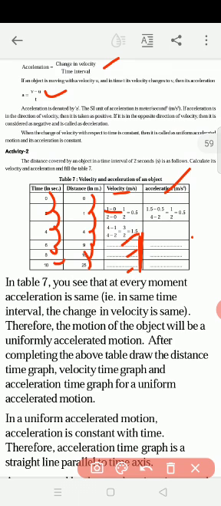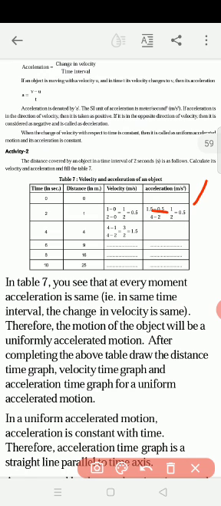So how do we find the acceleration? The change in velocity is called acceleration, no? So final velocity and initial velocity, v minus u. So here we can say final velocity is 1.5. So 1.5 minus initial velocity 0.5. So 0.5 by, then again 4 minus 2, the time interval, no? So time is how much? We can take 4 minus 2. So again 1 by 2. So what is the answer you are getting? 0.5. So here you see 0.5, 1.5.